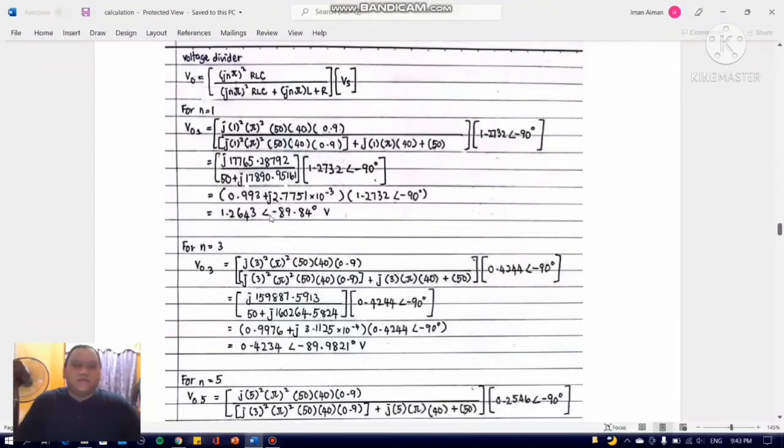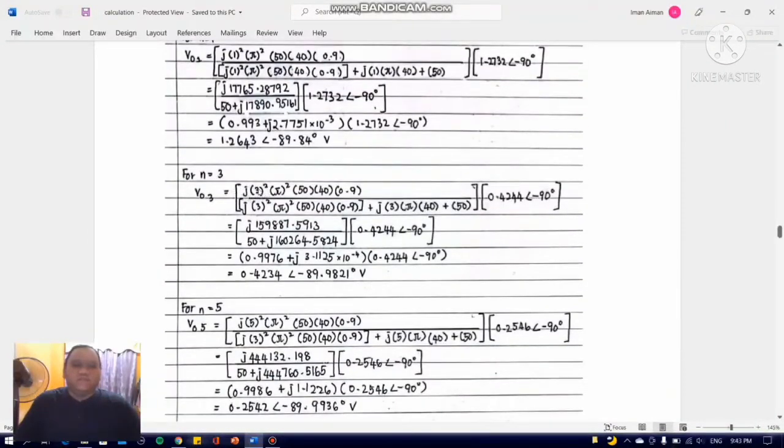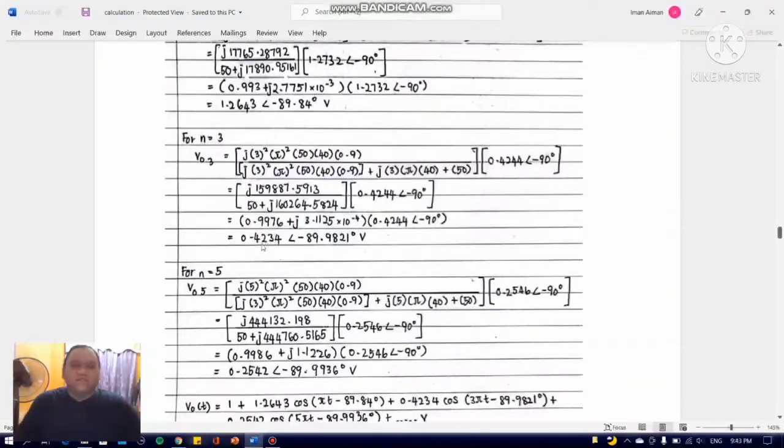1.2643 with the angle negative 89.84 degree volt. And for n equal to 3, we just substitute n with the value of 3, and the Vs for n3 is 0.4244 with the angle negative 90 degree, and we get the answer 0.4234 with the angle negative